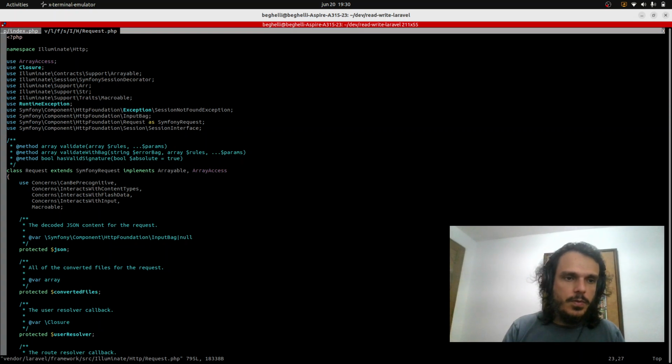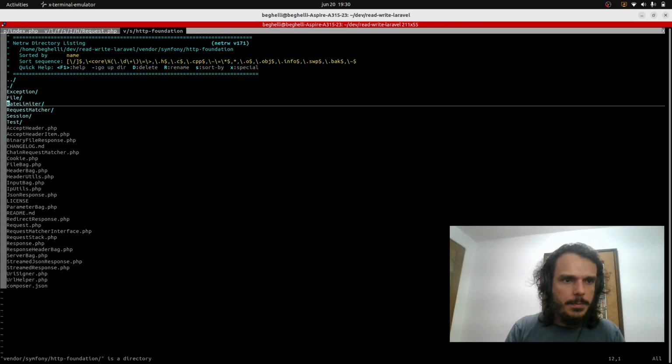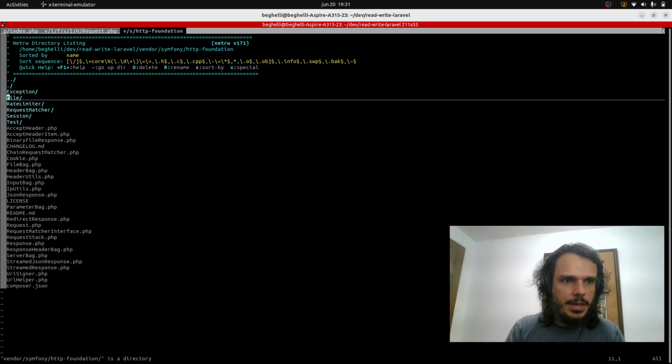So the Laravel request, it's actually extending the Symfony request, and this Symfony request, it's here, right? Symfony component, HTTP foundation request. So it is a Symfony component, the request, but I think it's part of the HTTP foundation component, right? So let's take a look at that. Vendor, Symfony, HTTP probably, foundation, that's right. So it's a component encapsulating, let's see what. So it encapsulates a lot of things. Files,